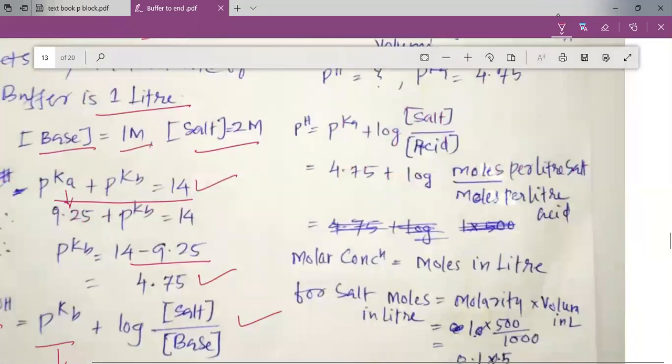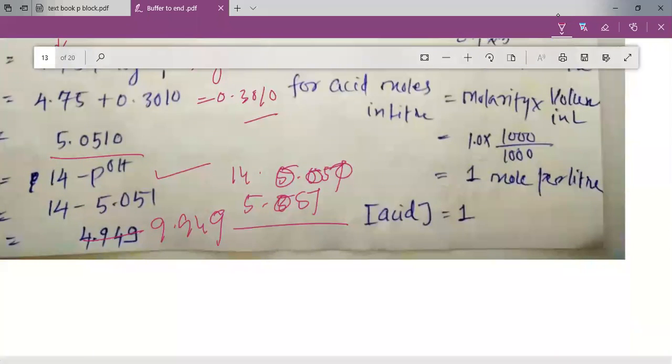See, instead of just writing the 9, I have written 4. Let me do it once again for you. See, we have 14.0000. Then we have 5.051. So 10 minus 1 is equal to 9. Here we have 9 minus 5 is equal to 4. 9 minus 0 is equal to 9. Here we have 13 minus 8. So it's 8.941, sorry, it's 8.941. So the pH of the solution we will get is 8.949. This is how, my dear students, we get the answer.